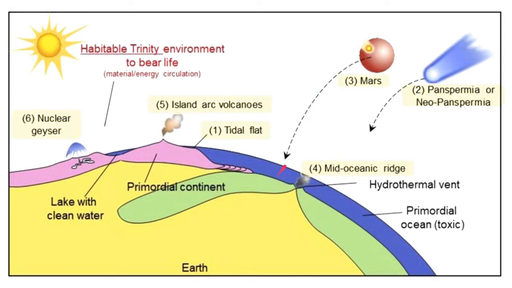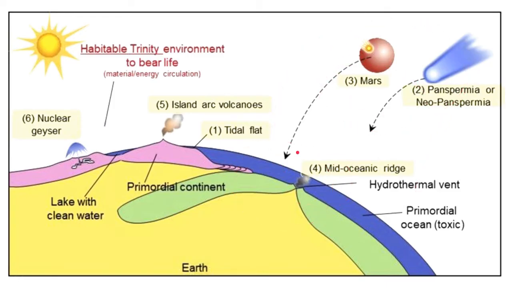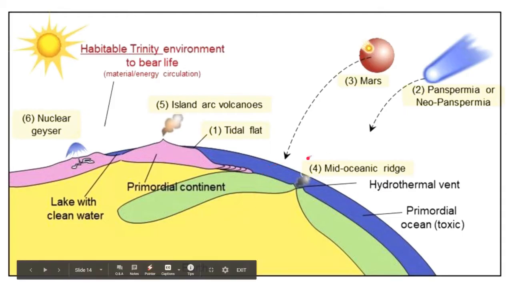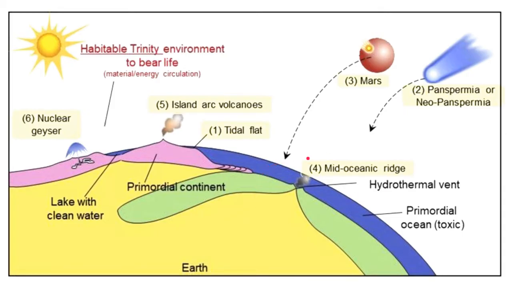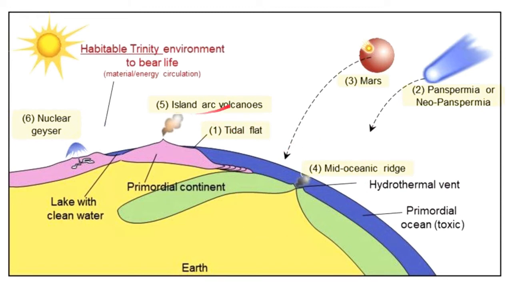They might have hit our primordial ocean, or they might have reached those hydrothermal sea vents under our primitive ocean. So the chemical materials coming from outside the Earth might have interacted with the physical events going on with our own primordial planet. And that might possibly be the cause of the evolution of life on our planet.